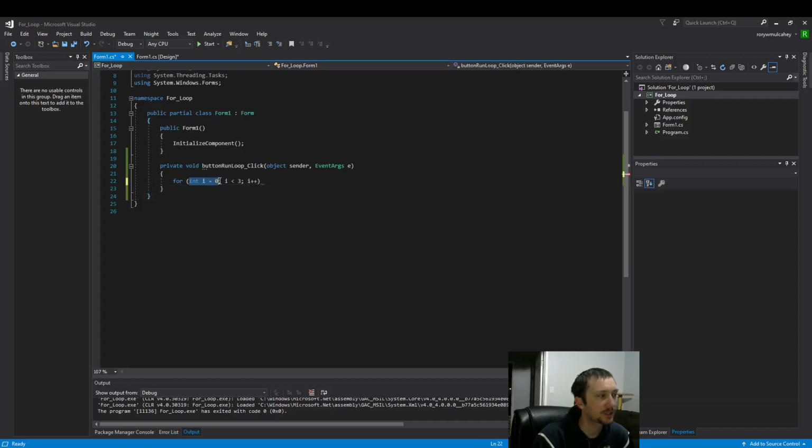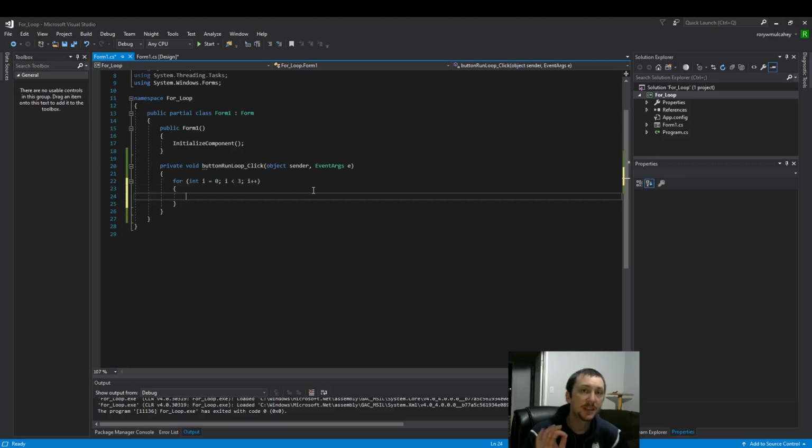Here, everything is broken up with these semicolons. So the for loop needs these 2 semicolons. It's got 3 sections here. This first section here is where we are allowed to define a variable. Technically, you could define any variable, but it's most often the one that's going to be used to keep track of the loop. So i is a very common integer that we use, and I'm setting it to a value